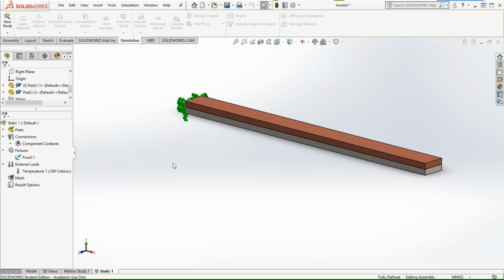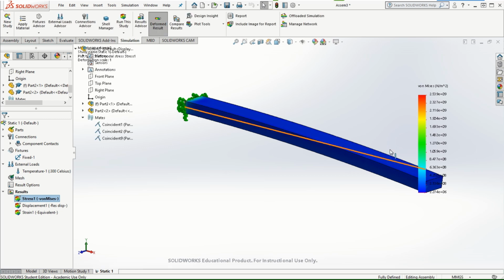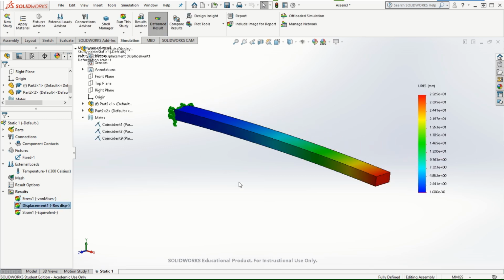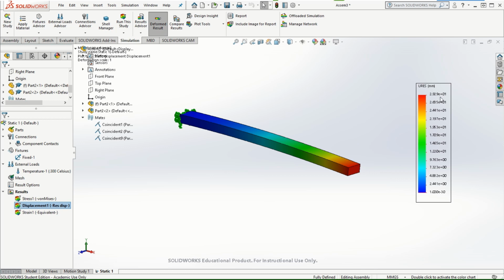And once the study is completed, you would double click on the displacement, and as expected the beam or the strip deflects in the downward direction, and the resultant displacement or the maximum displacement at this extreme location, which is expected there, is equal to 29.29 or 29.3 or 29.2 millimeters. That is the deformation here. Okay, so we're going to take 29.2 in our calculations,